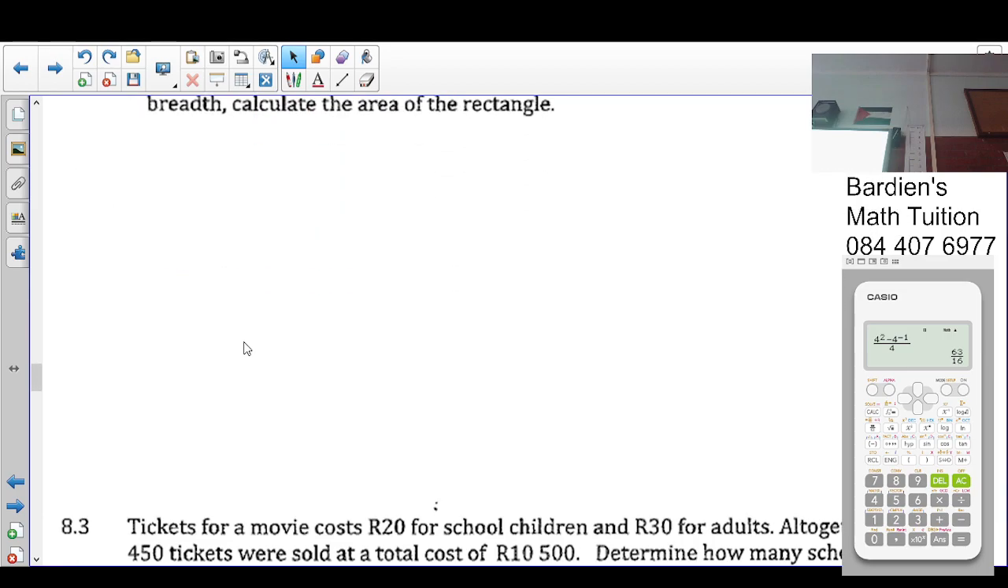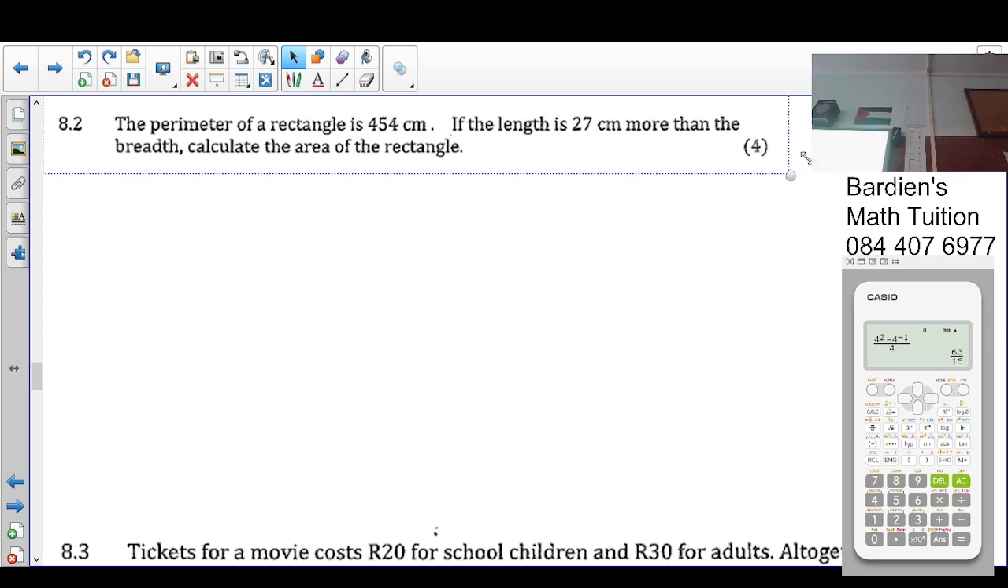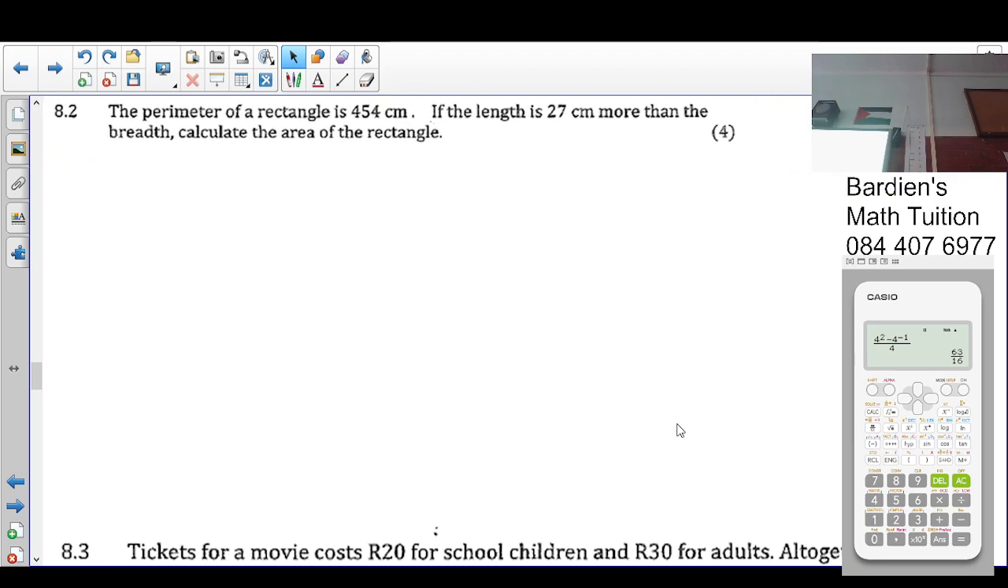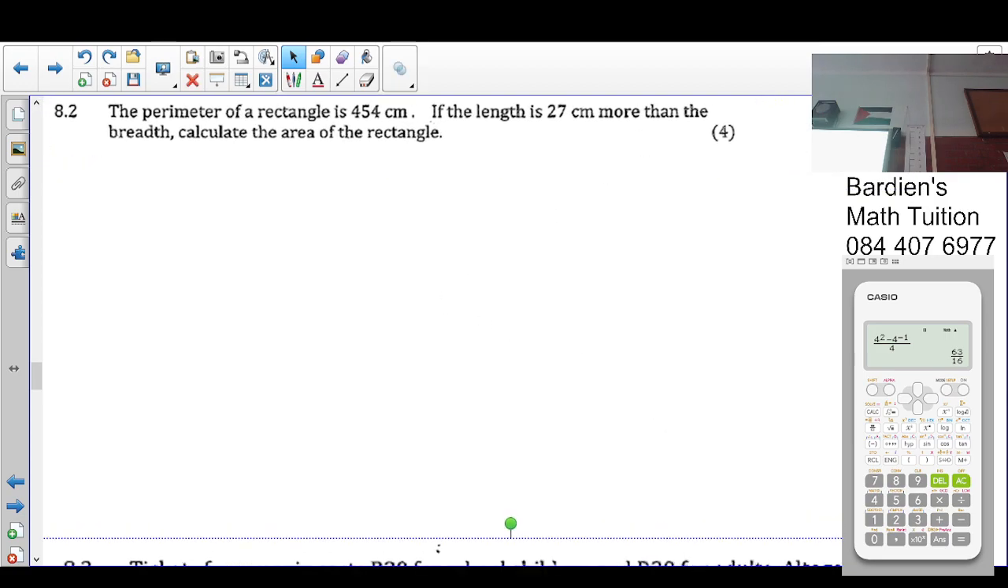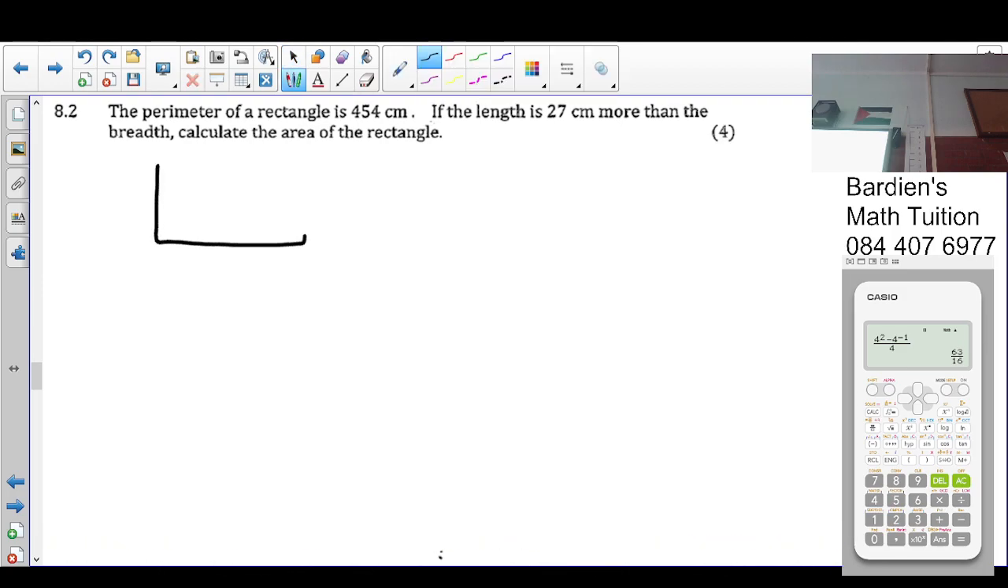Okay, in 8.2 we are told that the perimeter of a rectangle is, okay, so how do you calculate the perimeter of a rectangle? No, that's area. 2 length plus 2 breadth. Perimeter is equal to 2 length plus 2 breadth. So when we teach you this in grade 8, don't think it's unnecessary. Everything has a purpose while we teach it to you. So the perimeter of the rectangle is